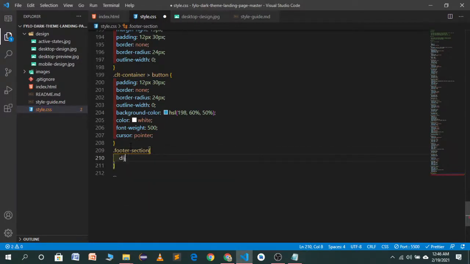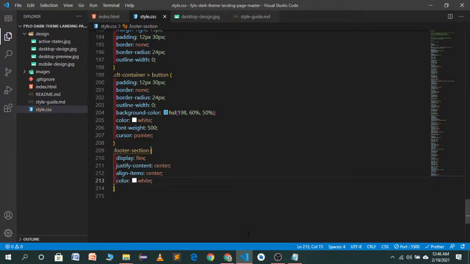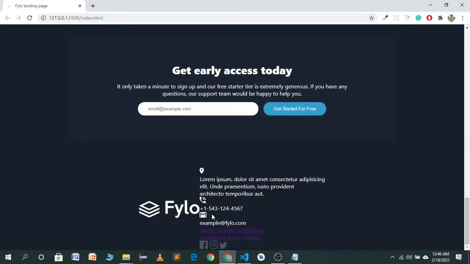We'll use display flex, justify-content center, align-items center, color white. Now you will see it has come in the center,